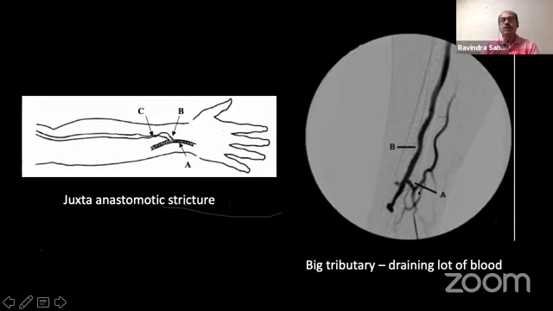Now this you can see that there's a big tributary which is actually going into the deep system. Now this is not required. This was not identified, and that can cause improper maturation. The fistula is working, but you don't get a proper flow, you don't get a proper maturation. And the simplest treatment is just to ligate this tributary, and the whole vein will start draining well, and then the proper maturation and proper flow can be obtained during the dialysis.